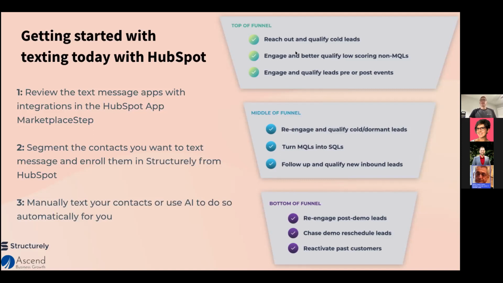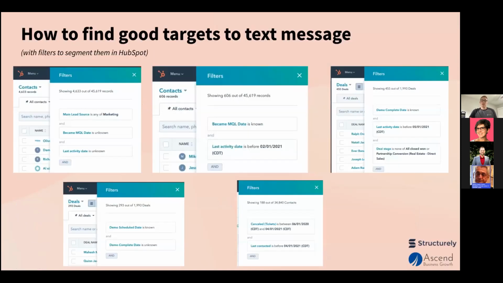But some more compliant use cases are to engage and better qualify low-scoring non-MQLs, and engage and qualify leads pre or post events. We might text you here after this. Re-engage and qualify dormant leads, a really strong use case there. Turn MQLs into SQLs, re-engage past demos, chase reschedule leads, and you see at the very bottom here, reactivate past customers. I think we have a question actually, but before I take that,